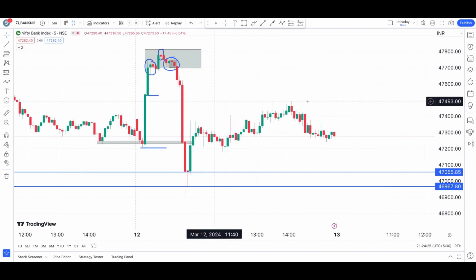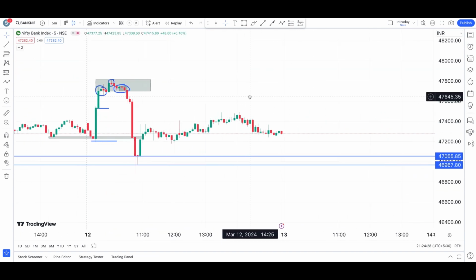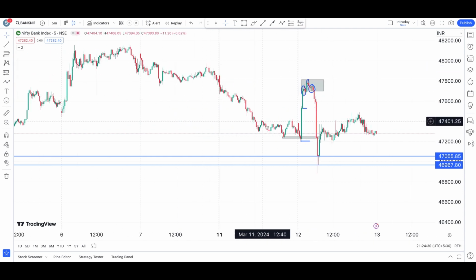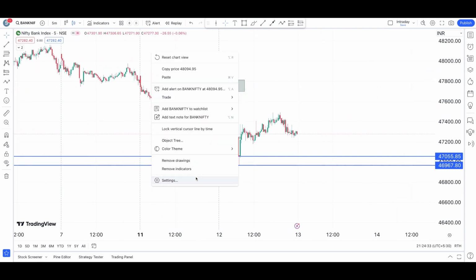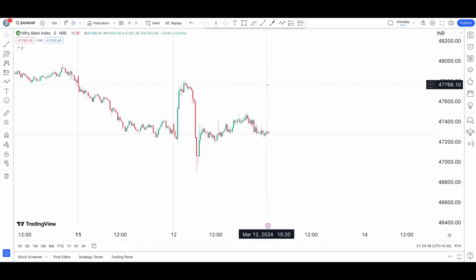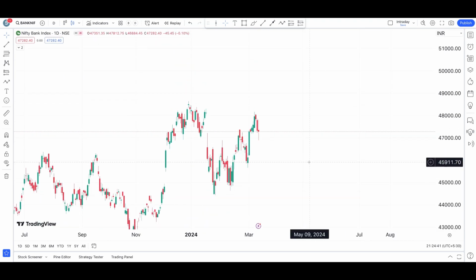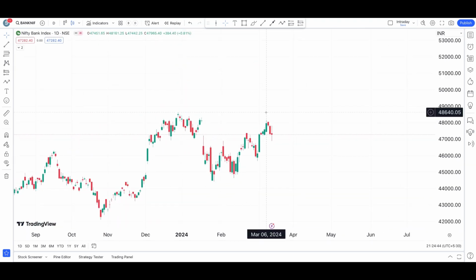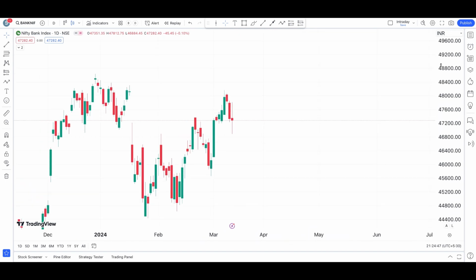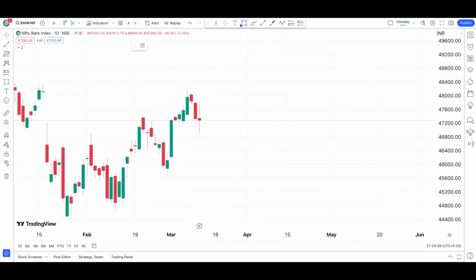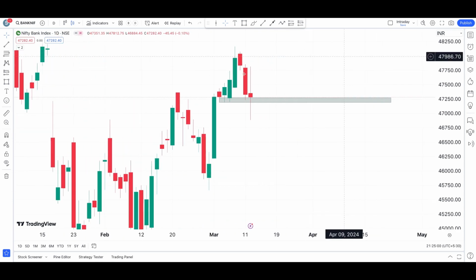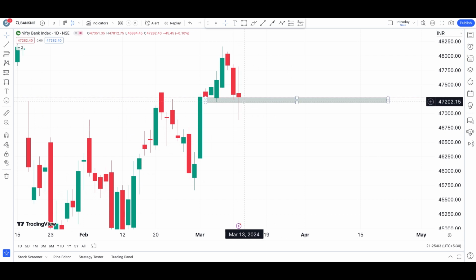But after that, what really happened in Bank Nifty is nothing, because of the momentum that we saw yesterday. So I'm removing all these drawings now on the 5 minute time frame. Let's quickly turn this chart into a daily time frame chart so we can see it better. So as we discussed yesterday, here Bank Nifty is at this level. In order to call Bank Nifty in a downtrend on the daily time frame, you need to at least see a break from this level. But here that didn't happen.